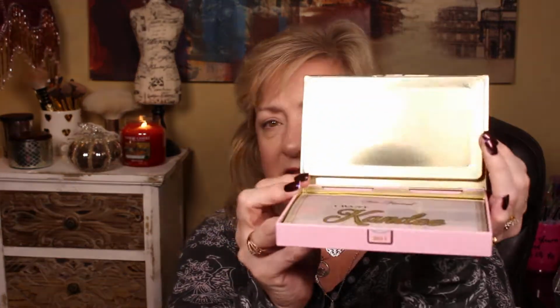So I'm going to fix that so that it stays that way. The only thing I can think of for why in the world they did not put a mirror on this, very disappointing for a $45 palette, is because they wanted it to look like a candy box. See the little wrapper? I don't want to push down on that. I learned that one time, then I got my fingernail right in the...